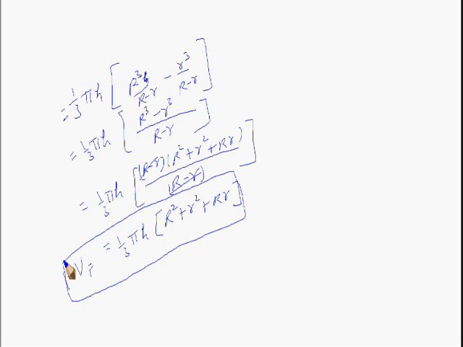In the same way, we can derive the formula for the curved surface area of a frustum. So the curved surface area of a frustum can be found as the curved surface area of the whole cone minus the curved surface area of the upper cone. The curved surface area of the whole cone is pi capital R capital L. The upper portion is pi small r, and the length of the slant height is capital L minus small l.